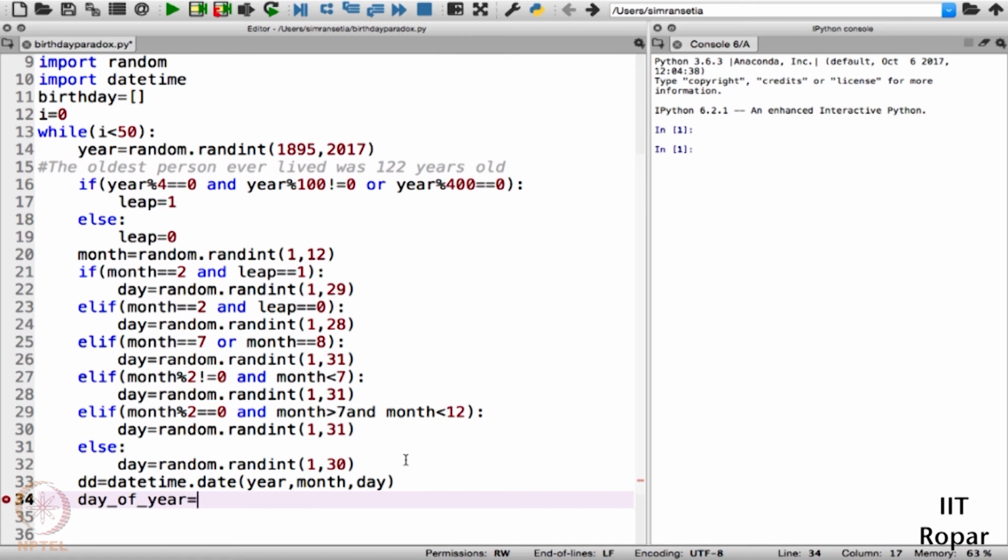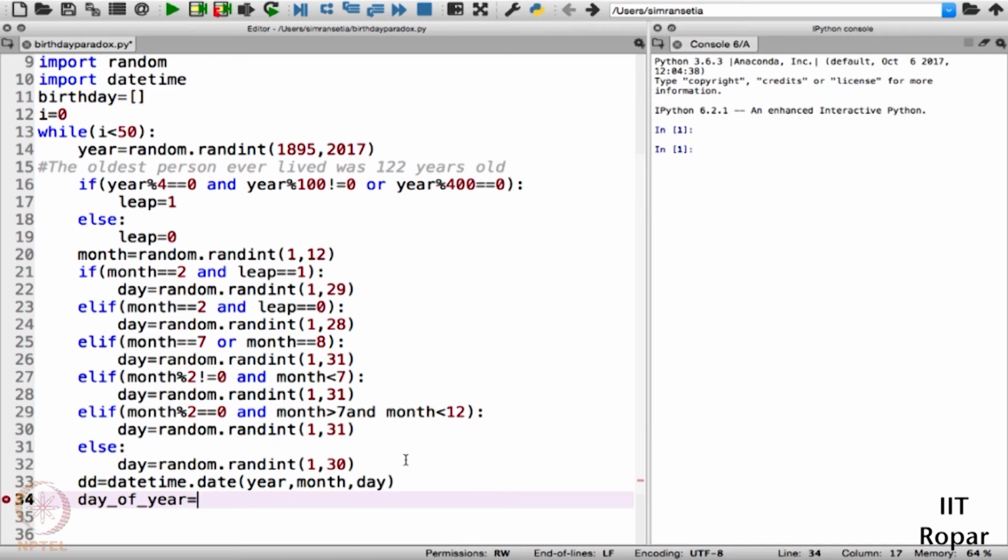So we have the DDMM of different people, but we need to generate the day of the year. If we generate the particular day that a person is born on, then we can find out the collisions very easily. For example, if I am born on 2nd January 93, that means I am born on the 2nd day of the year. In the same way, we will generate the day of year of these 50 people and try to find out the collisions.